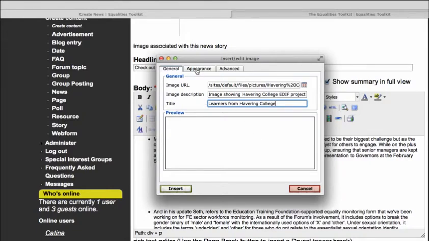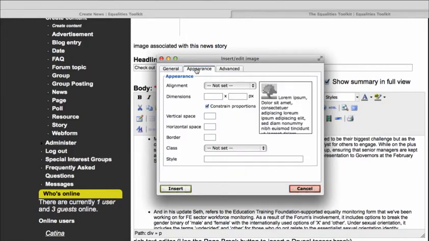And then the next thing to do is to click this tab that says Appearance. Now this is where you're going to set the size and the positioning of your image, and you can see there's a helpful little guide over here. So first of all, when I selected the picture, I noticed that it was about 600 by 400. So to begin with, I'm going to halve that